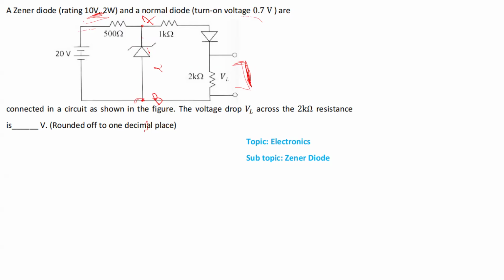Otherwise, it will be an open circuit in the branch. So first we need to find out whether the voltage across AB is greater than 10 volt or not. For doing it, we will use the